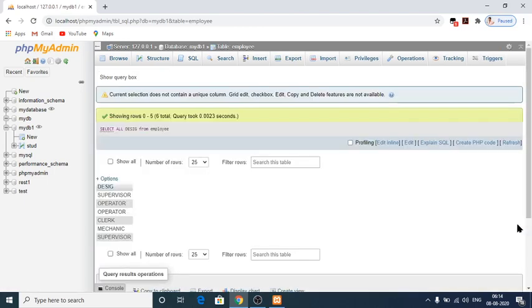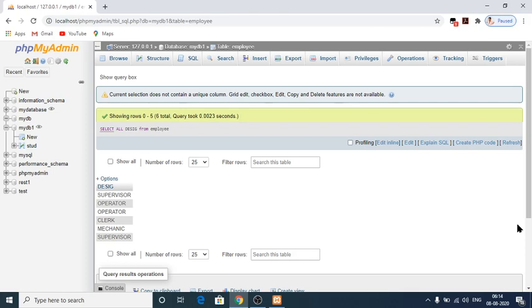Yes, supervisor, operator, clerk, mechanic, supervisor. See, two operators are there, two supervisors are there. Though we have duplicate entries, where more than one person is in the same designation, that will be retained with the help of the all keyword.